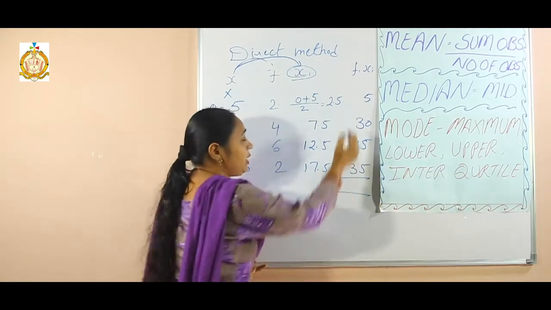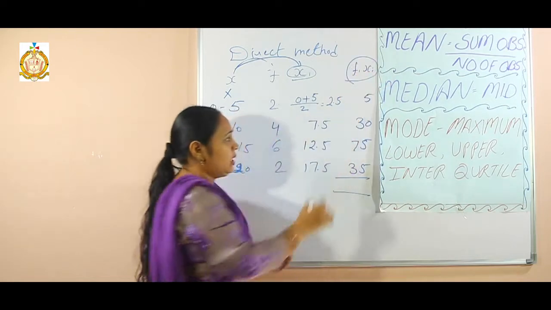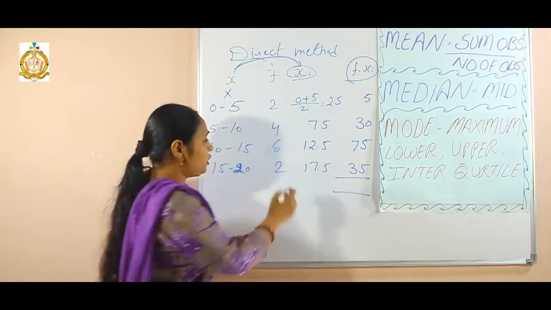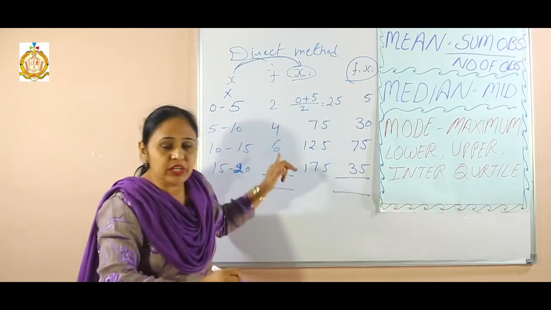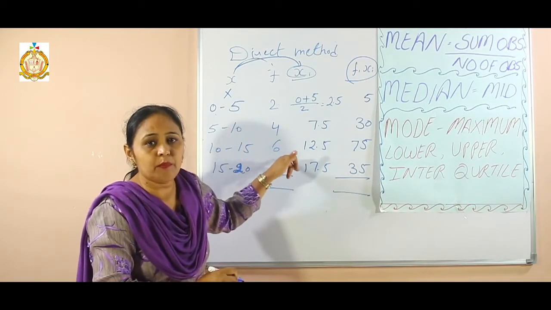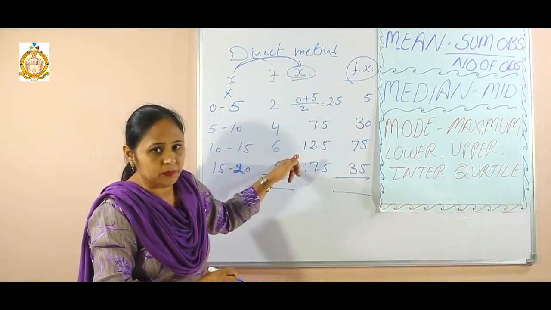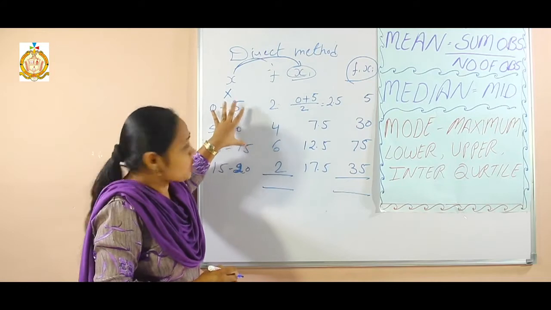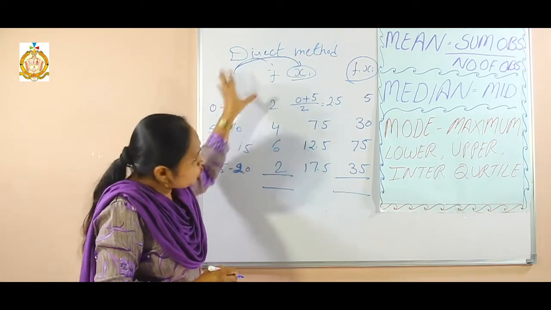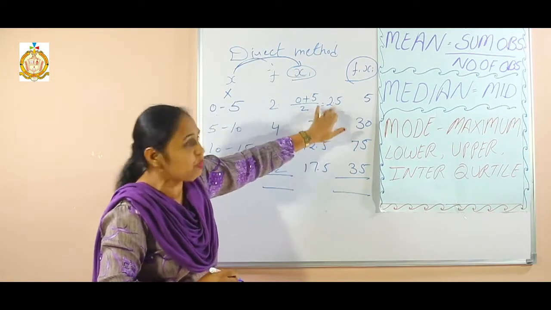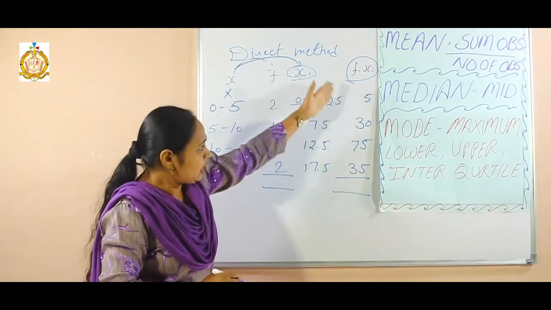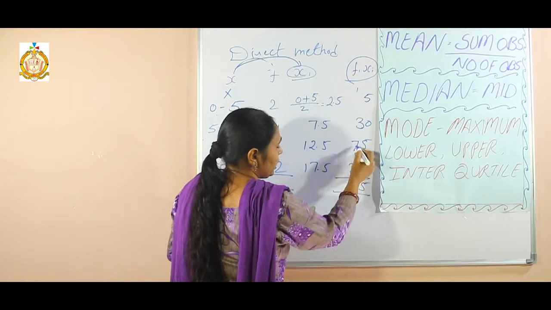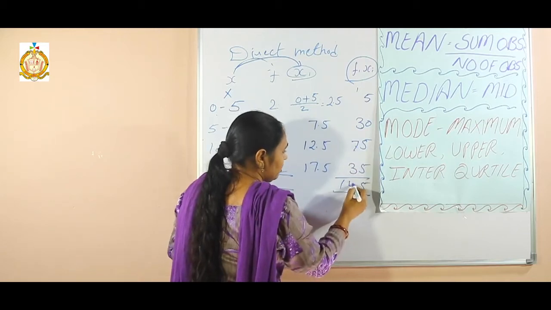Now what to do again? Because we have multiplied, now we have to take the sum of it and then the sum of this frequency. Always we have to divide with the sum of frequency. Okay, because I just used this value already, that's why I am not going to use it. Now the new value is this one, now this new will be multiplied with the f. If I take the sum of this, it becomes 5, then 30, 75 and 35.